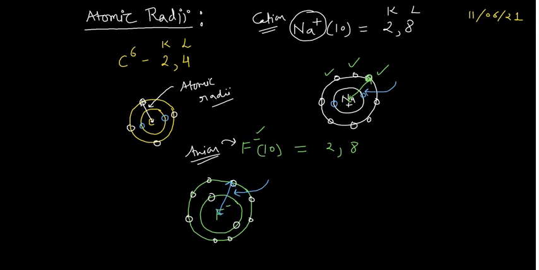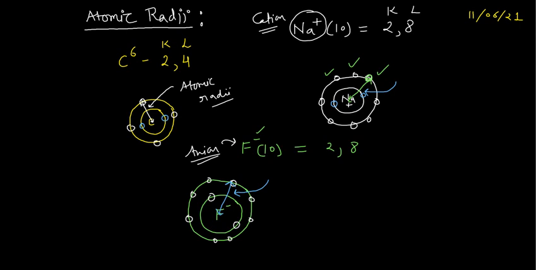When you consider the atom, then it would be the atomic radii. If you consider the ion, then it would be the ionic radii, and ionic radii can be of two types. You may have the cation, you may have the anion. This is the basic simple concept actually, but this is not enough to know. Why is this not enough?